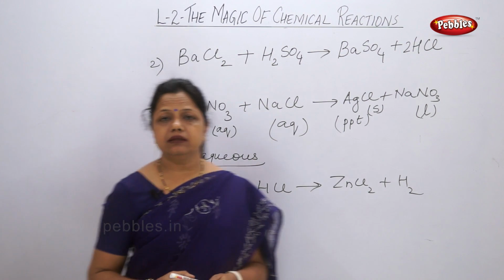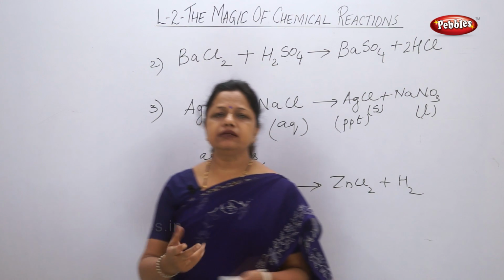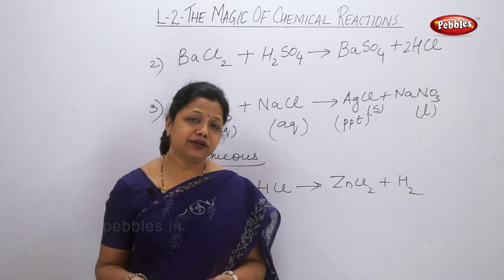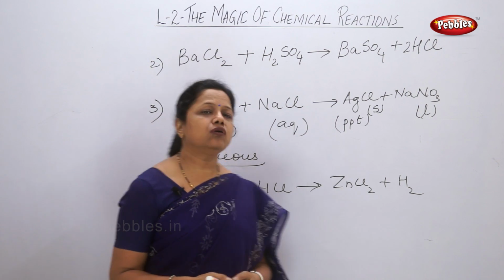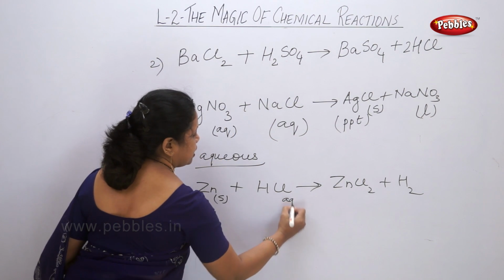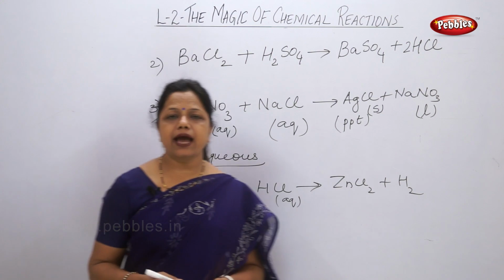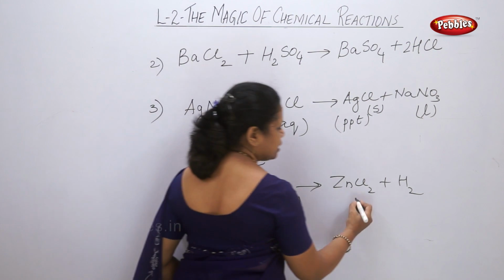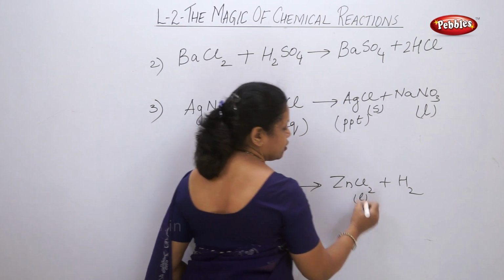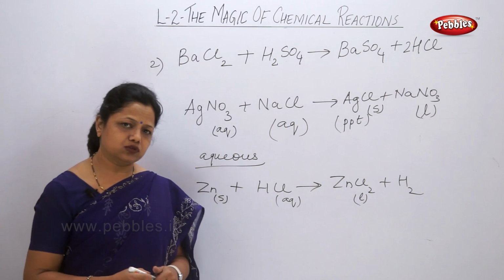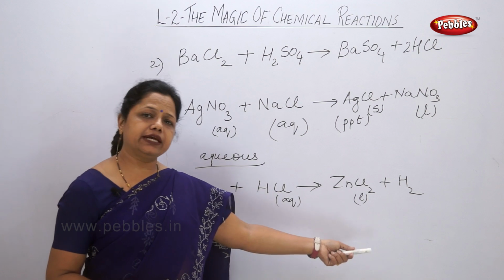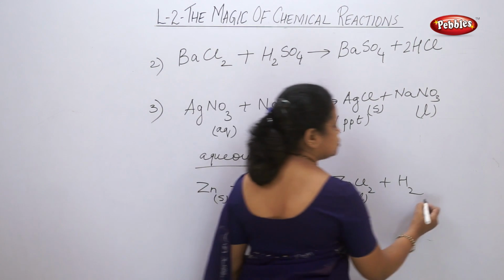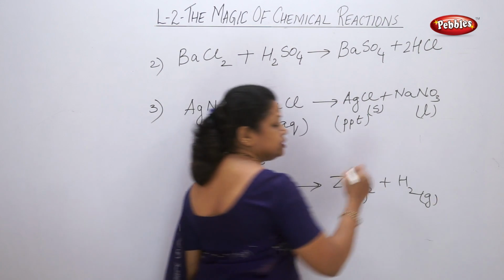Now HCl. We generally take dilute HCl, and this dilute HCl I will dilute with the addition of water. So it becomes aqueous solution, AQ. Then I get a product which is known as zinc chloride. Zinc chloride generally we get in liquid form. You can write it in aqueous form also. So L I have written for liquid state, and this hydrogen gas is formed, so I write G for it.